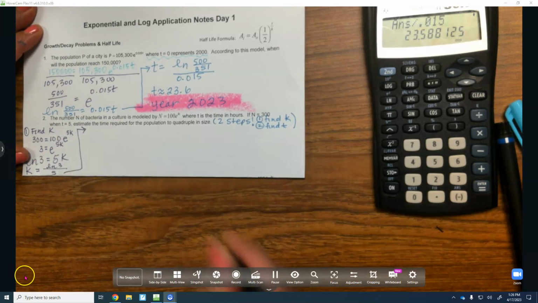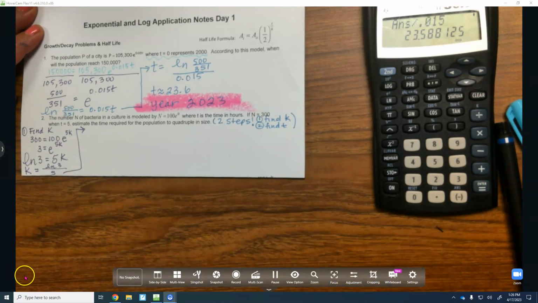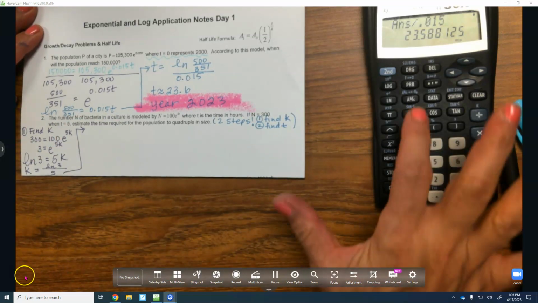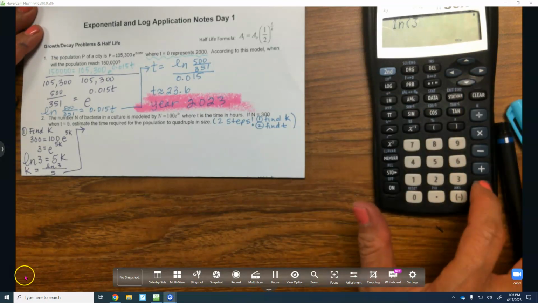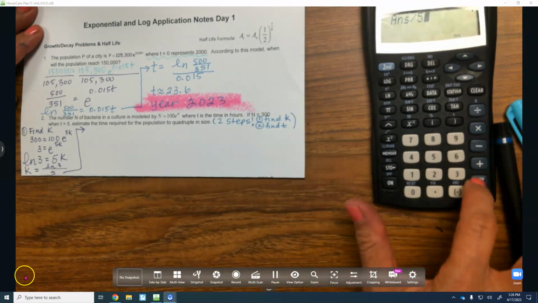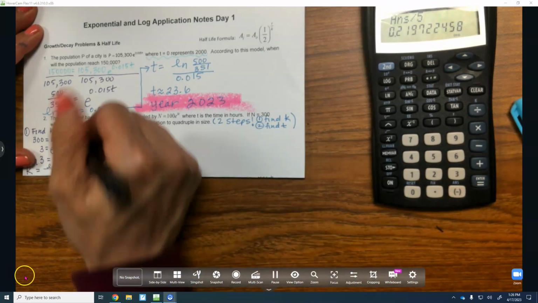So let me go ahead and put that in the calculator and get a rounded answer for our constant. So again, ln of 3, and don't forget we're dividing by 5. So my k value, and we'll round,